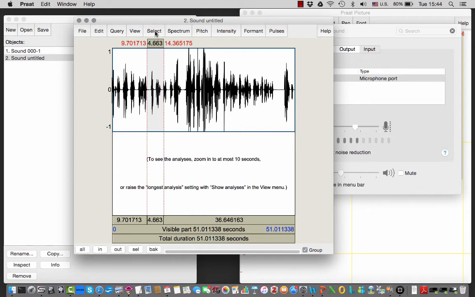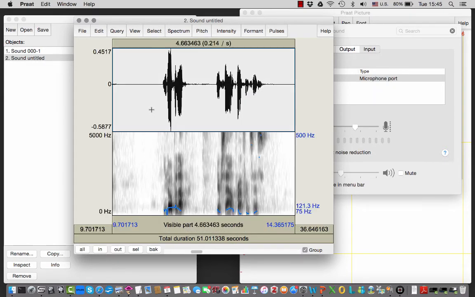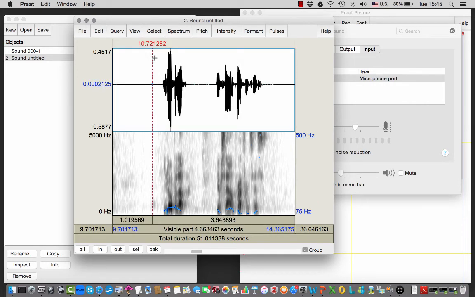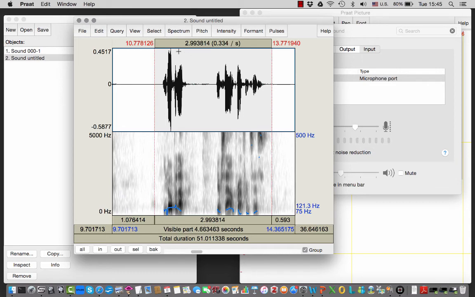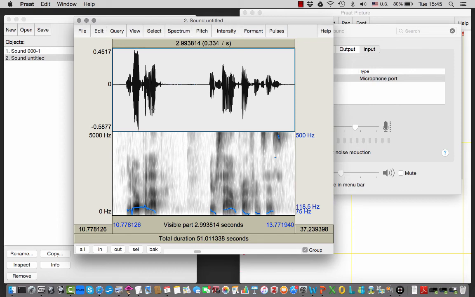And a useful thing that you can do is to view just the selection. Again, we can now select maybe a smaller part. Zoom to a selection, play it. And then with the selection, I can